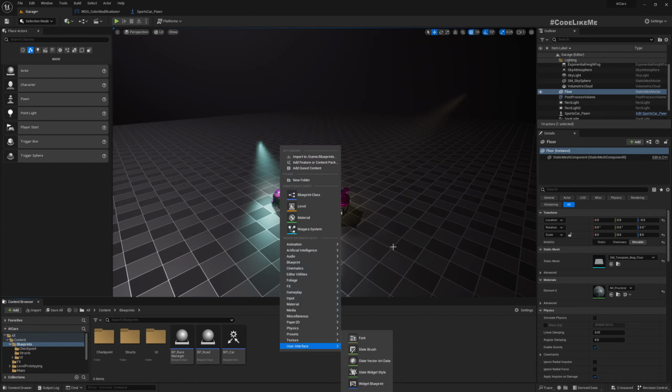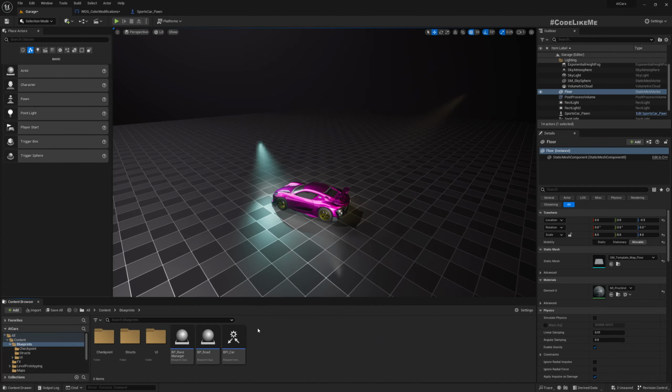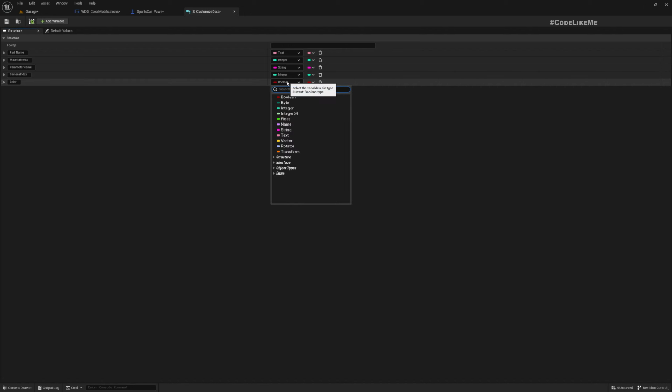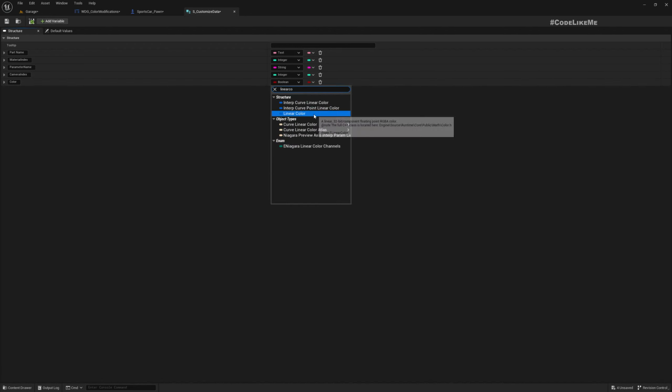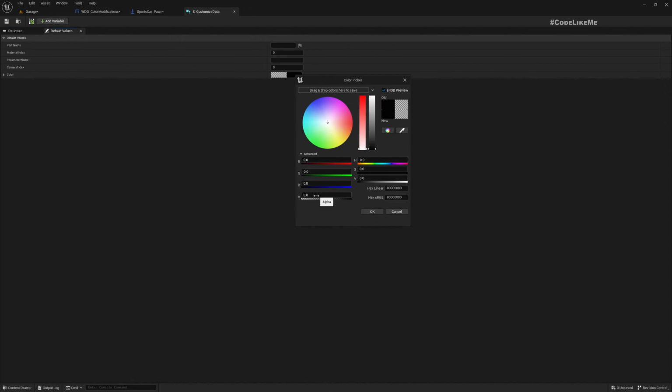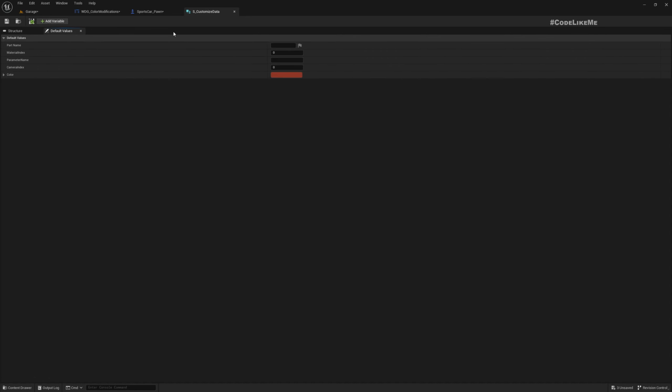Now here I'll create a save game file. Oh wait, before we work on the save games, we need to add the color here. Variable color. This should be in the type of linear color, right? So by default you would have, I'll make it red color like this,